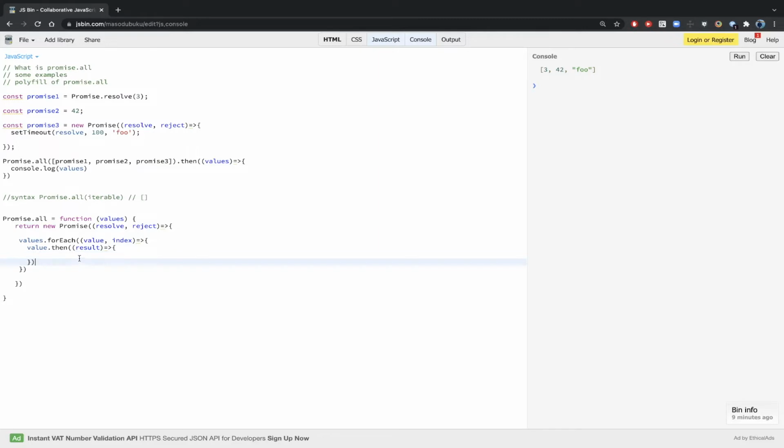But the thing is, these are asynchronous, right? Let's say we are looping through this values array, which is nothing but the array which contains promises.